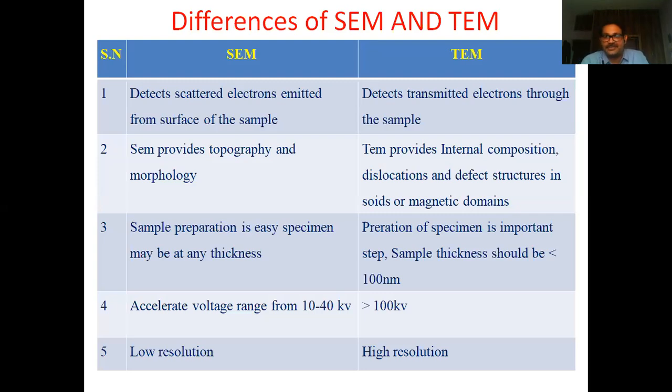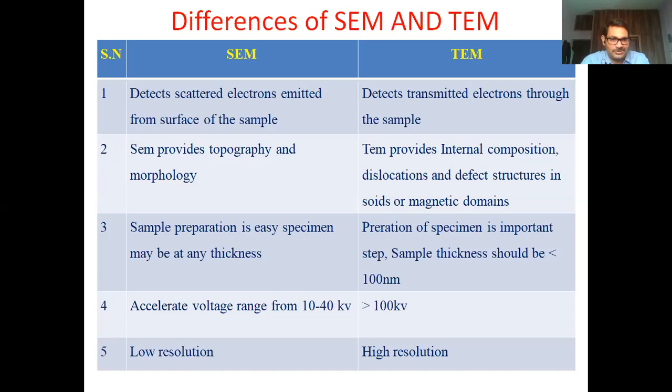Next, what is the difference between SEM and TEM? What do we normally use the SEM for, what information do we normally get in SEM, and what information do we get in TEM? What are the small differences? The SEM detects scattered electrons, the ones reflected or emitted from the surface, which can be detected and viewed. And the TEM detects the electrons transmitted through the sample. So scattered electrons are detected in the SEM and transmitted electrons are detected in the TEM.